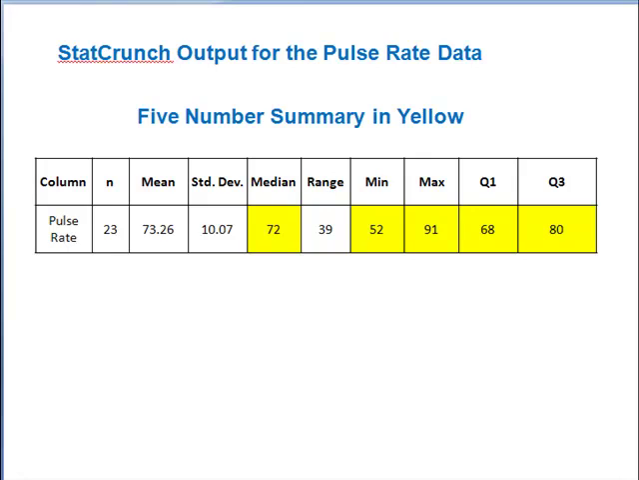You can always check your calculations using StatCrunch. Here I have displayed the output from StatCrunch, and I have highlighted in yellow the 5-number summary. The mechanisms for doing this will be covered in